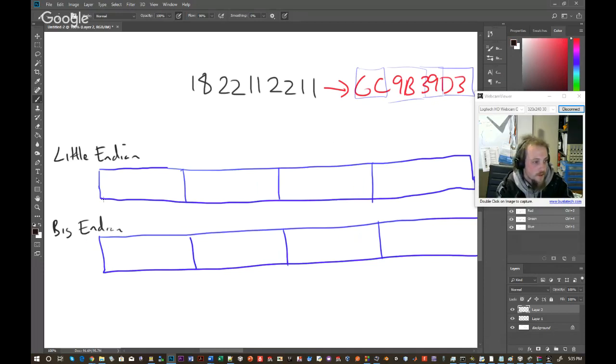So we can call this, let's say, 0x42, 0x43, 0x44, 0x45. So that's its address, okay? So they're counting up. But when we go and store this in memory,